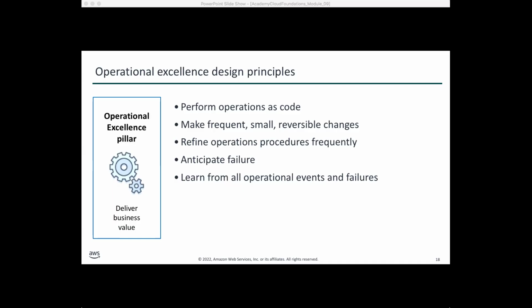For example, if you have hosted a website, you have to make changes. Probably you will make frequent and small changes. Again, frequent and small would be according to the need, but you should have a design and development environment where you can make those changes and confirm all those things. First, obviously, in regular industry practice, you have a development environment, you test everything there, and then you go to the production environment. But we should do that in a way that even if it doesn't work for some reason in the production environment, it should be quickly reversible.